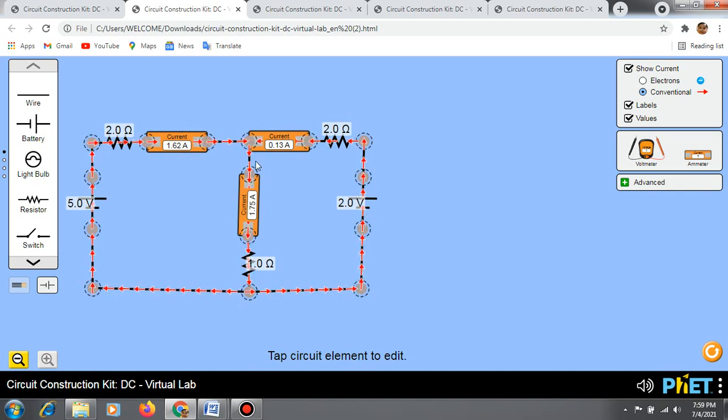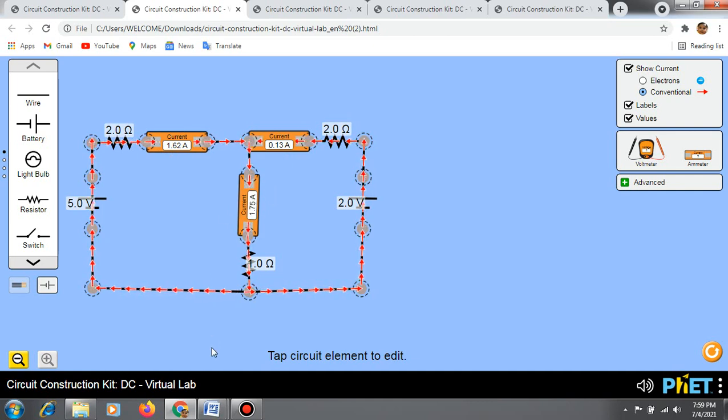So thus we have proved the current flowing towards the node. These two are the currents that are flowing towards the node, and this is the current that is flowing away from the node. So thus we have proved our Kirchhoff's current law. So 1.62 plus 0.13 is equal to 1.75.